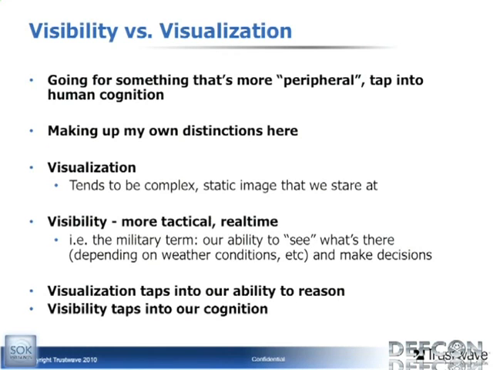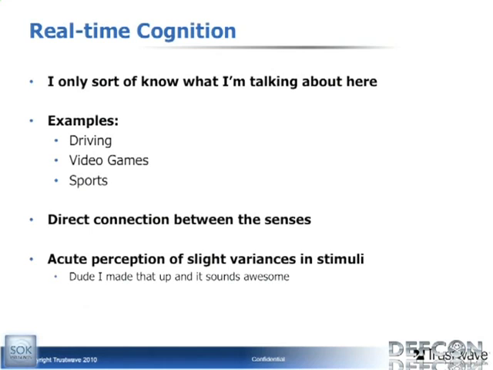But the thing was that there's this idea that you only have a certain amount of visibility, a certain ability to react to what's happening based on what you can see, right? Visualization taps into our ability to reason, to figure things out. It answers questions. Visibility is more like it taps into our cognition, and maybe it causes us to ask questions. I only sort of know what I'm talking about, real-time cognition, but examples are driving, video games, and things like sports. And I just realized it's probably a really bad thing to bring up at DEFCON,